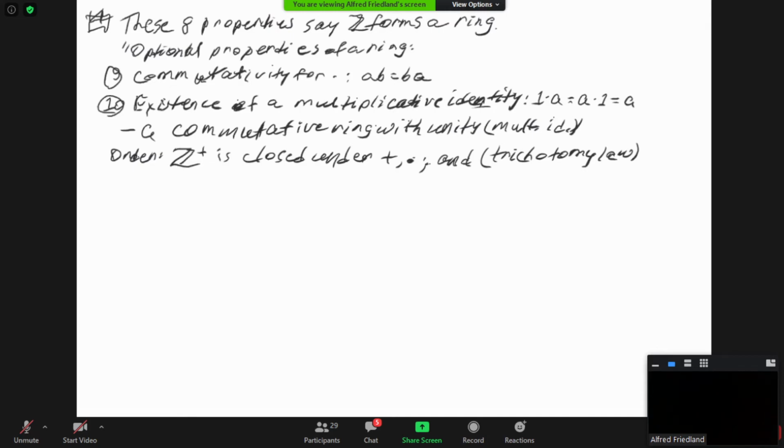So I think I said something about trichotomy on Tuesday. Tri means three, so it's broken up into three parts. Namely, every integer is either